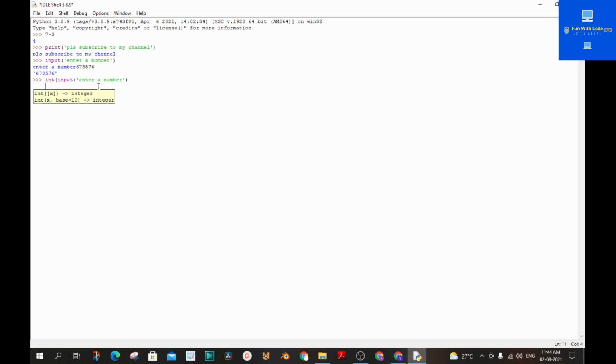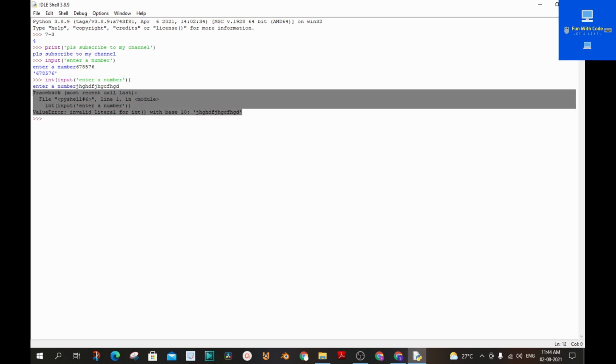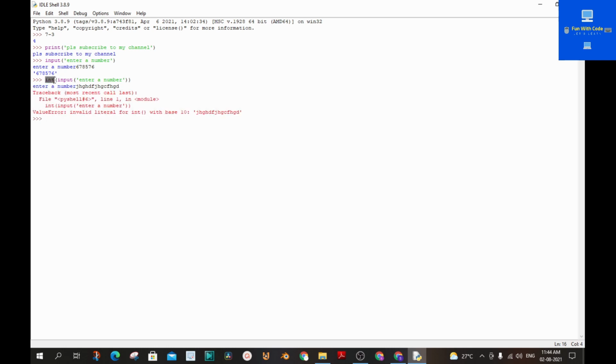Now you have to close this with another bracket, and if you hit enter, now if you type any string value here, it will throw an error, because we have written the code to take only integer values. If you want to take string values, just type str, which stands for string, and you can take alphabets or a string.